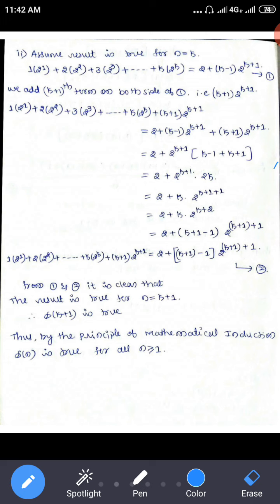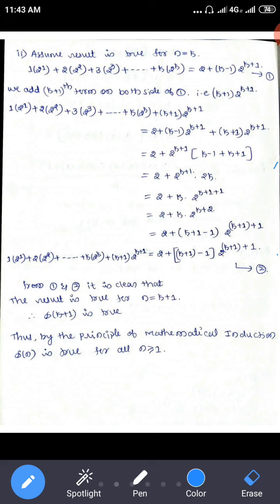So that is 2 raised to k plus 1 plus 1. So that is 2 plus k, 2 raised to k plus 2. Okay, 2 plus, see here, (k plus 1) minus 1, because I want it in the standard form. So because of that I'll add 1, I'll subtract 1. 2 raised to (k plus 1 plus 1). That k plus 2 is there, no? That 2 I'll write as 1 plus 1. So therefore 2 plus (k plus 1, grouped) minus 1, times 2 raised to (k plus 1 plus 1). So friends, listen here. So this is what? The nth term?